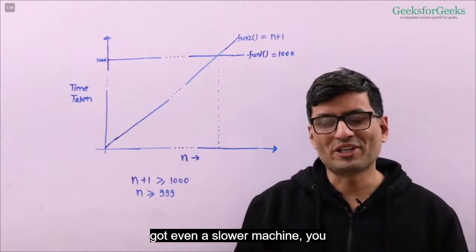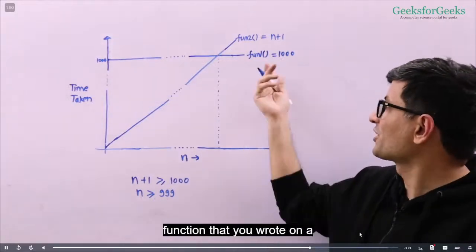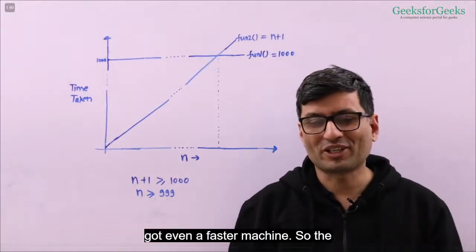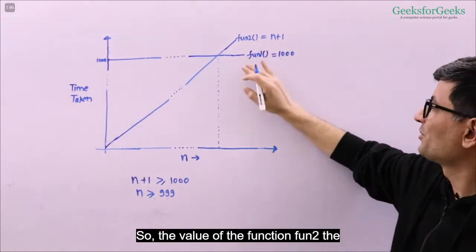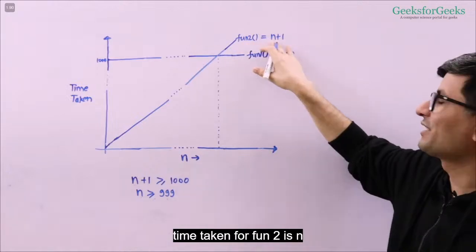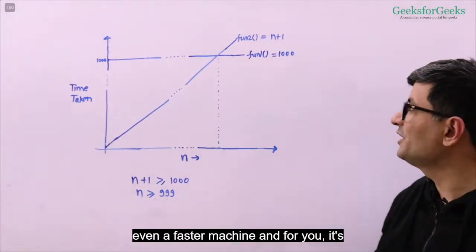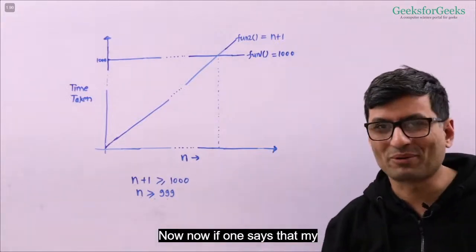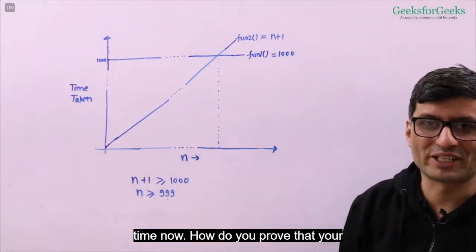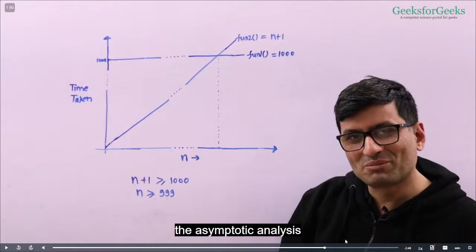Say this time, you got an even slower machine. You had to run your logic, your fun1 function that you wrote, on a mobile phone. And your friend got an even faster machine. So the constants for you are 1000 and the constants for your friend are say 1 and 1. So the time taken for fun2 is n plus 1, because your friend is running on an even faster machine, and for you it's a high value, it's 1000, right? You got a mobile phone now. Now your friend says that my program is taking less time. Now how do you prove that your program is faster? So the